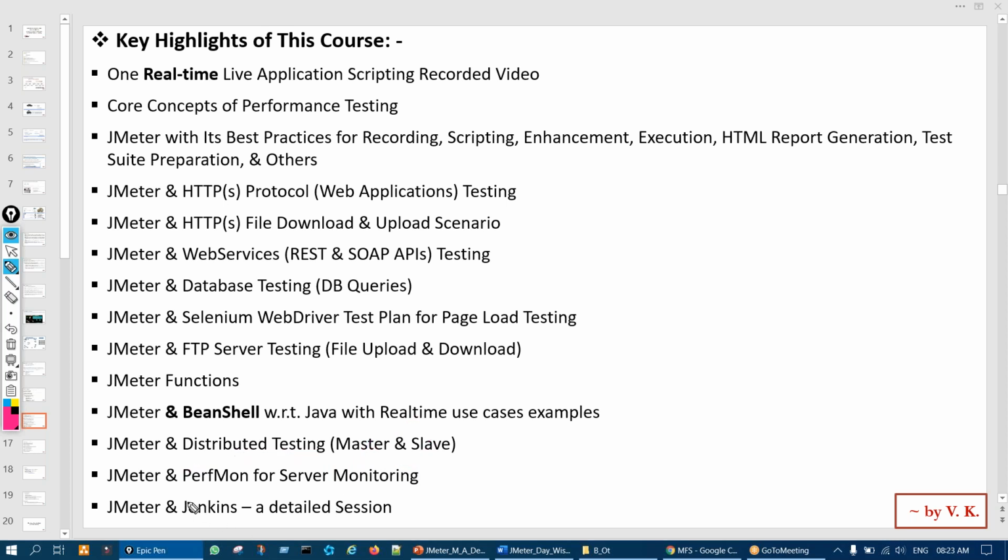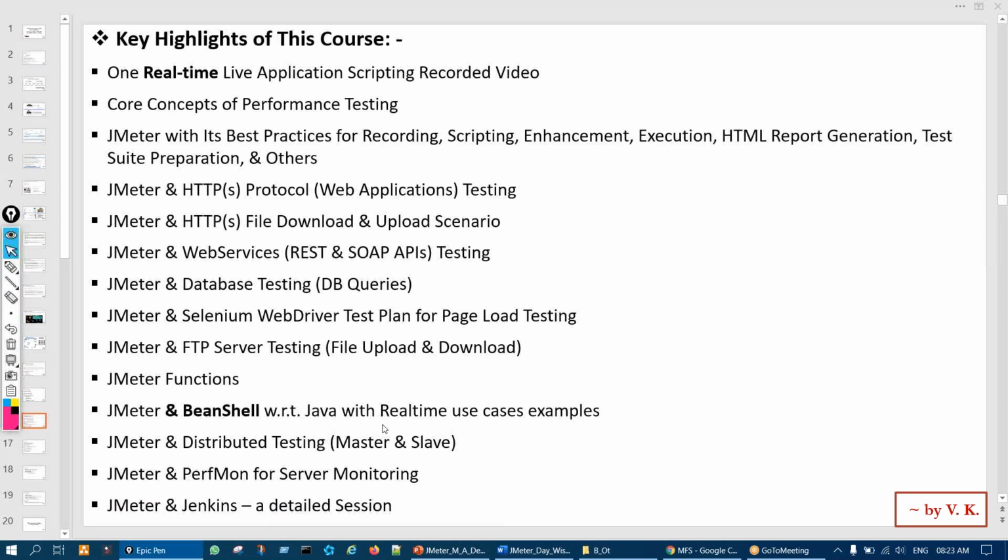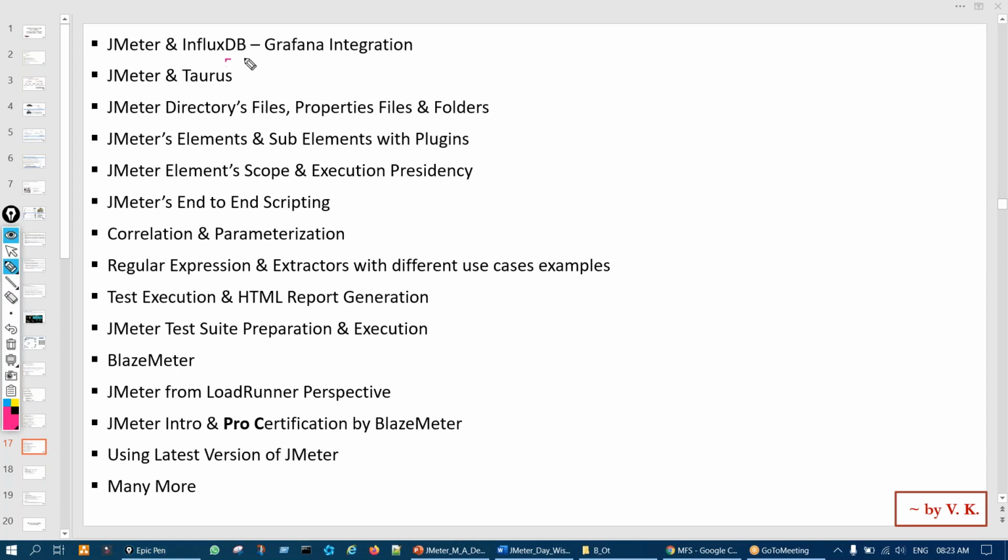Okay. Use of PerfMon for server monitoring. JMeter integration with Jenkins, a detailed session, right? And then JMeter, InfluxDB and Grafana integration. It's a visualization tool. If you are new, it will be all new to you, but once we start, you'll get to know.